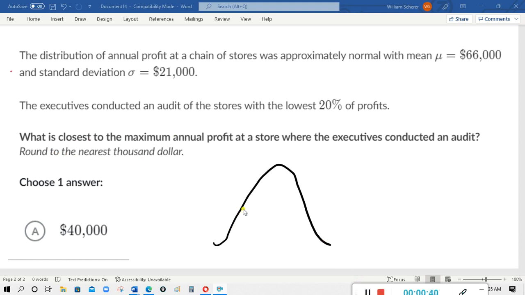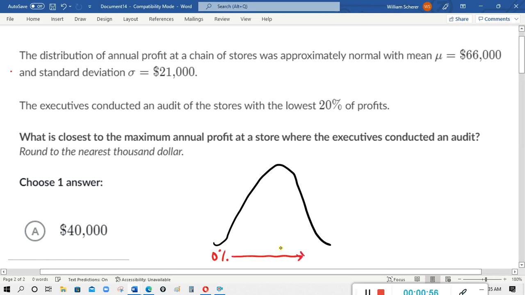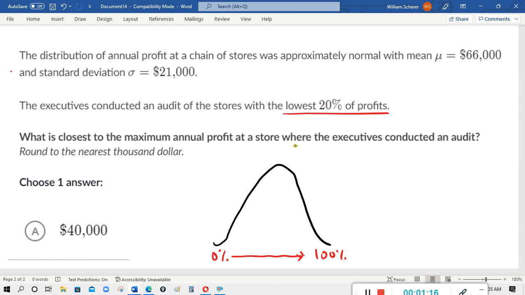Okay, remember now, when you have the normal distribution bell curve, you start at 0% on the left. All right, so the left-hand side is 0%. And as you make your way to the right, you make your way toward the 100th percentile. All right, so they are asking the maximum annual profit at the store, and they conducted the audit with the lowest 20% of profits. Okay, so lowest 20%